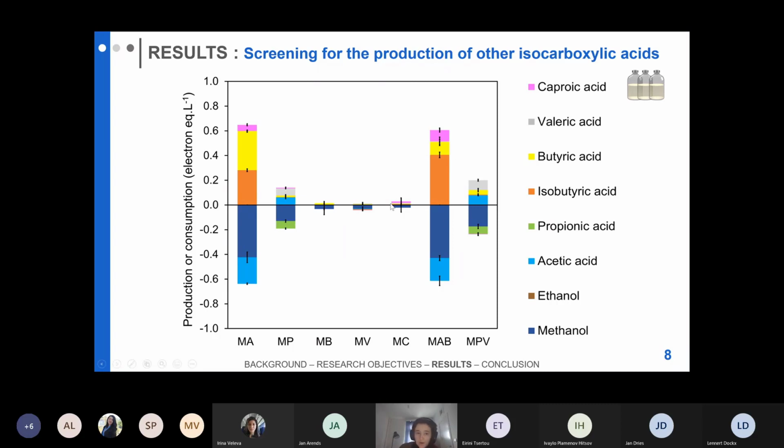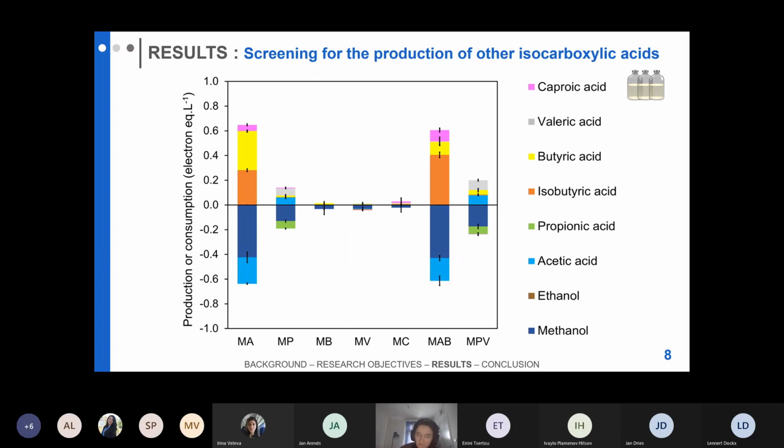From those results, the first thing that we concluded is that it did not produce other isocarboxylic acids, or at least not in the conditions that we ran. It did produce, again, isobutyric acid on methanol and acetate, and we already had a glimpse that providing butyric acid increased isobutyric acid production and